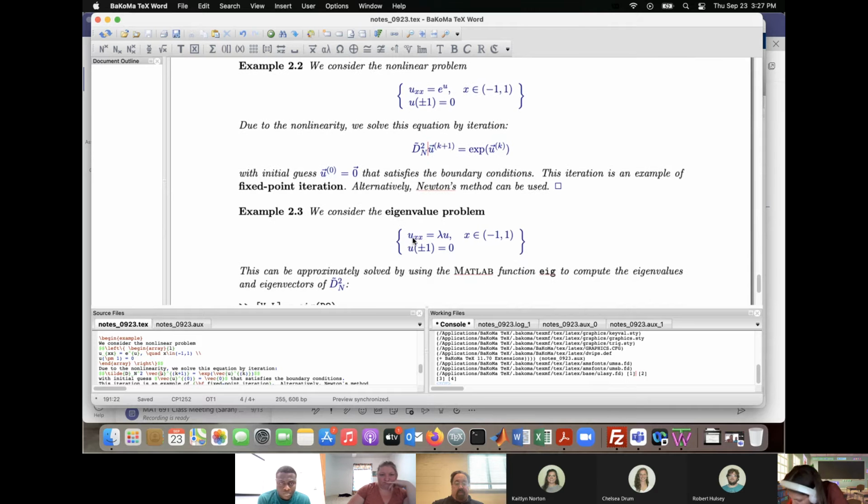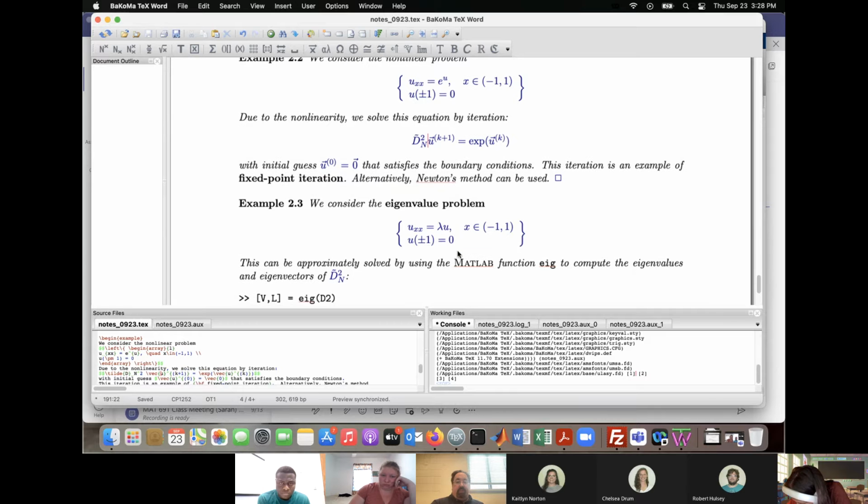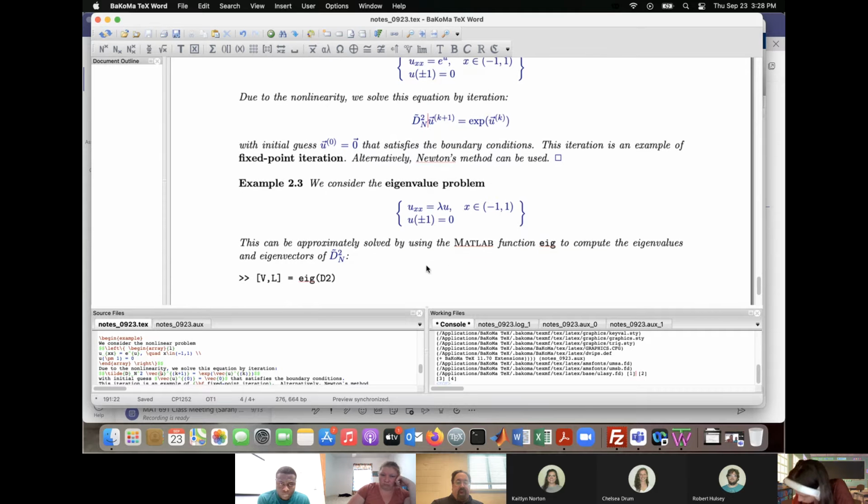For this one, this is an eigenvalue problem, where a differential operator applied to u is equal to a scalar times u. So we have an eigenvalue-eigenfunction relationship, same boundary conditions. So what you would do is obtain a matrix dn tilde squared again. Really what you want are the eigenvalues of this matrix. So that's what you could do. You could just use eig to get